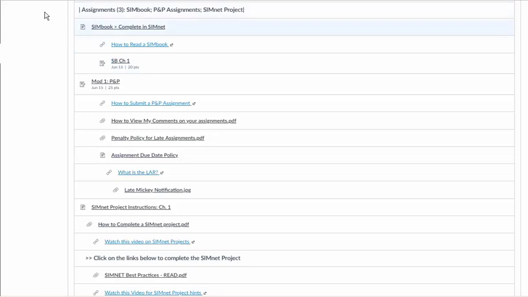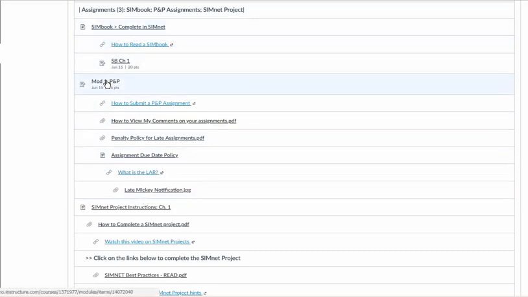So let me reiterate that these icons here mean that there's a page to read if you click on these links. So when you're getting ready to do your assignments, you have to look at every line up until the SimNet projects. Look at things, read things, watch things. If there's a video, you have to do all of this from Canvas and explore all parts of this module here,